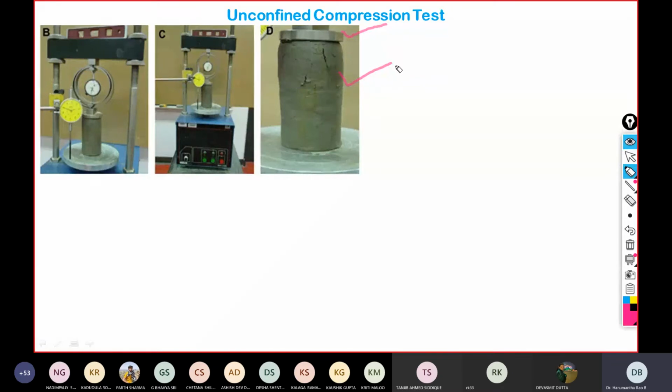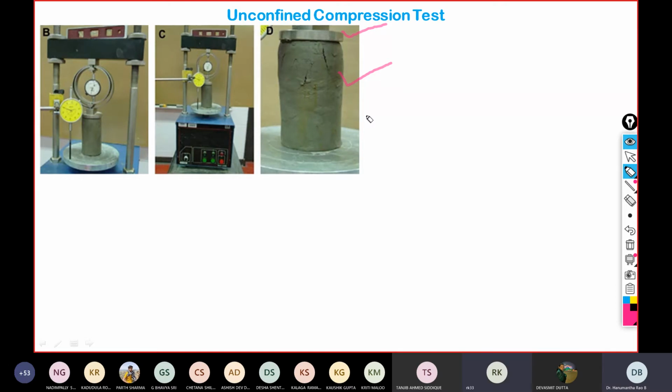So these are the two reasons. One is wrong placement of the plunger either at the top or at the bottom. Bulging can take place even at the bottom also. Or sometimes it can also be attributed to preparation of the soil sample. If the soil sample is not uniformly compacted, then there also is a possibility of bulging. Maybe the bottom is compacted very well, the top is not compacted, or vice versa, whatever it is. But sometimes it is also related to over consolidated soil, normally consolidated soil.